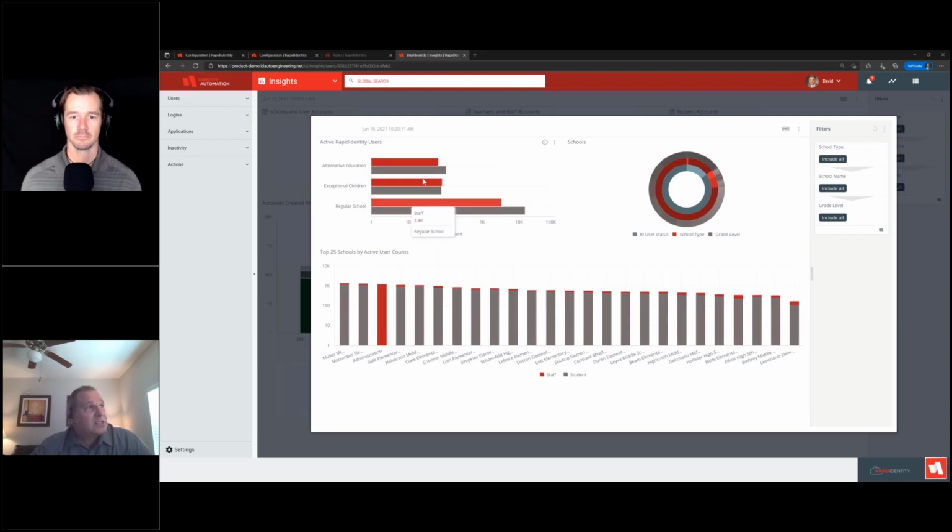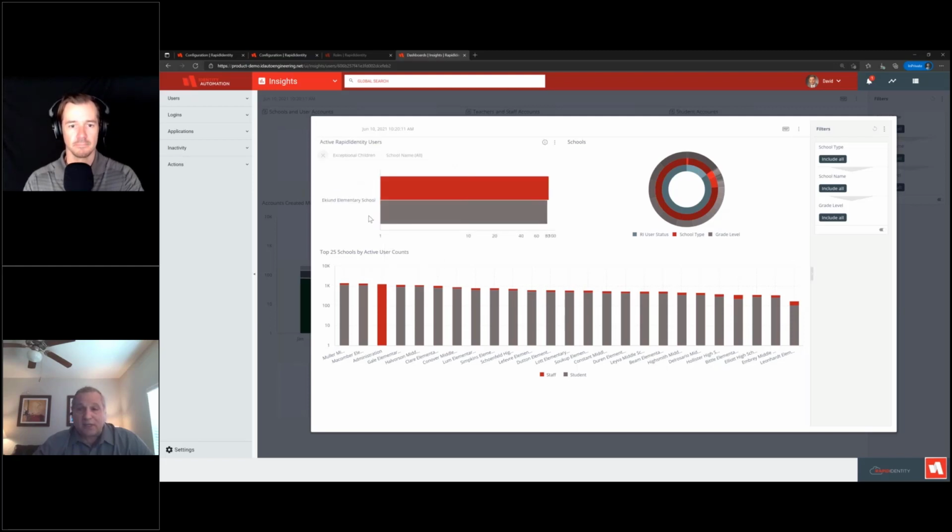Another aspect that seems to be pretty popular is the ability to drill into data. I know I have 83 staff in exceptional children, and I have 80 students here. I can take a look, well, what are all the school names in exceptional children? I only have 1 school in exceptional children. And look at this, the ratio between staff and students is really very close here. And if I want to know who they are, I can just simply right mouse click and,